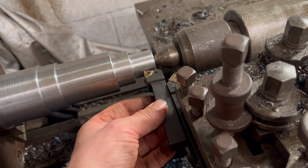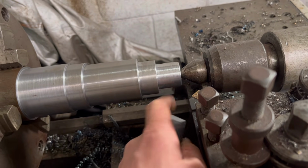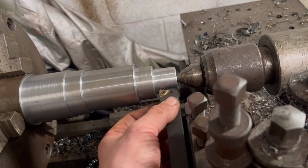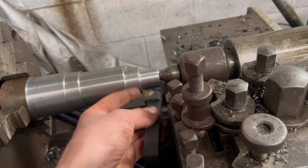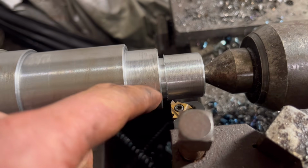It's not as deep. So what I'll have to do is just put a thread relief in there, so I don't end up running into that and breaking everything. So I'll put a little thread relief in, and then we'll get the lathe set up, ready to cut that thread. Right, so I think we're about ready. I've got a thread relief cut in there, got my tool set up,